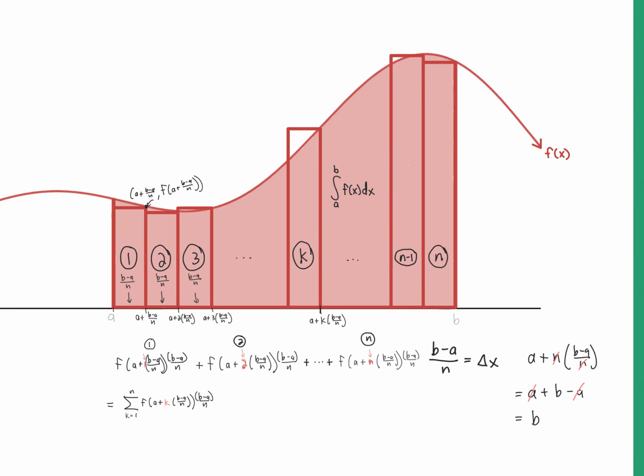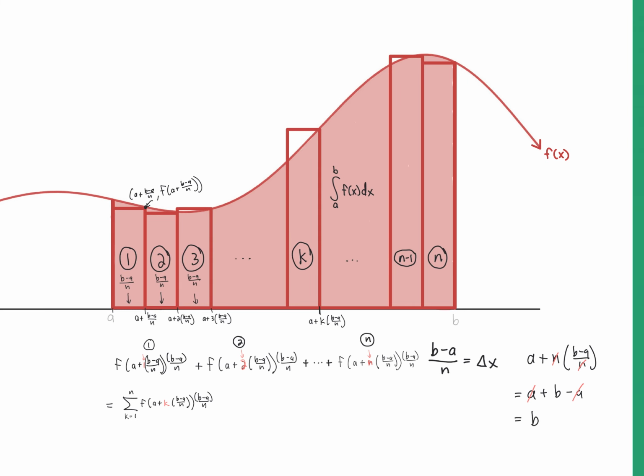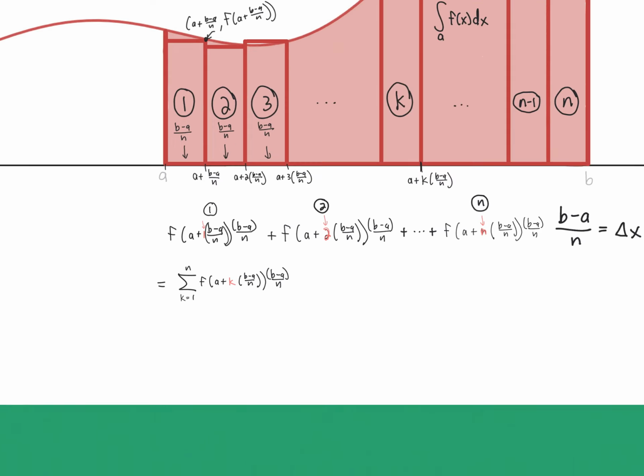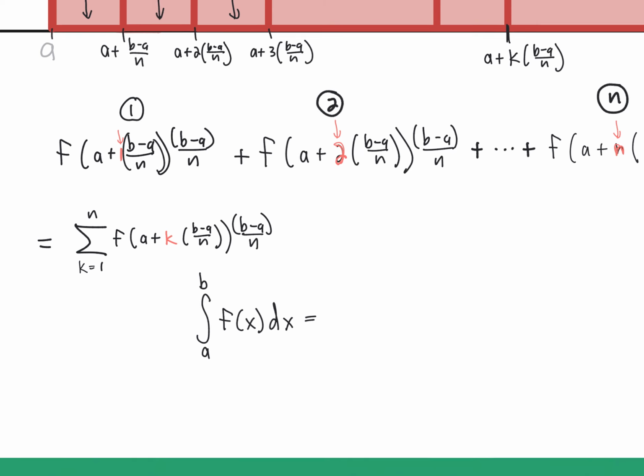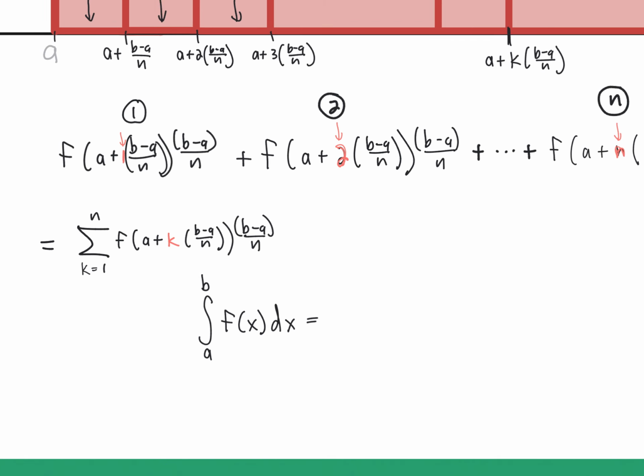But if the number of rectangles goes to infinity, then this becomes the exact area, or approaches the exact area, because we'll use limits. So if we want the exact area, we know the expression for the exact area is the integral from a to b of f of x dx. And then we just had our method. So we're going to take this and look at when n goes to infinity. So we'll do the limit as n approaches infinity